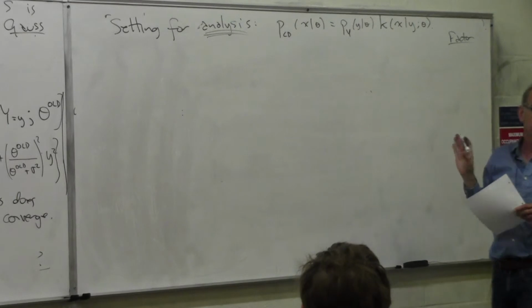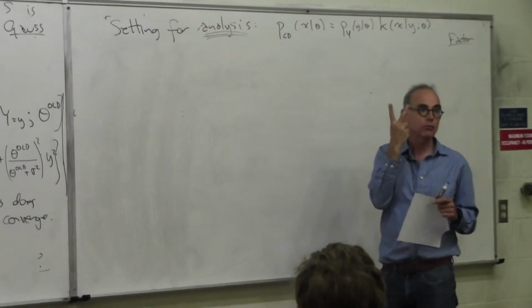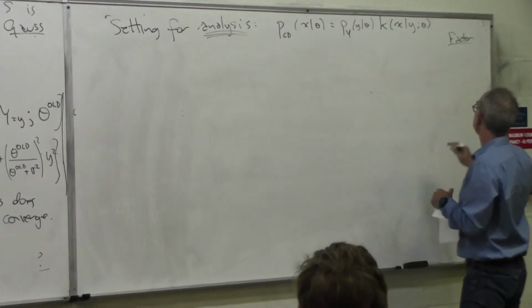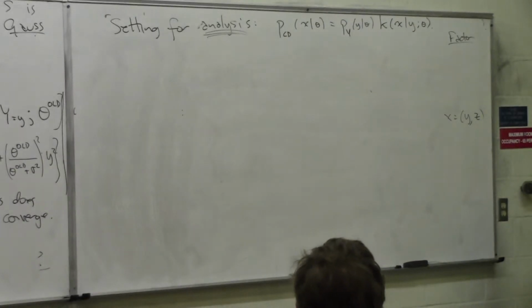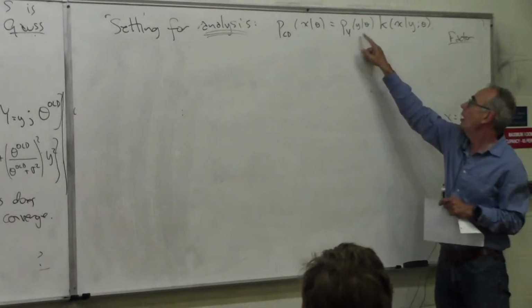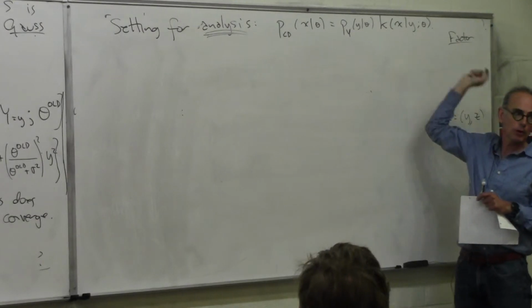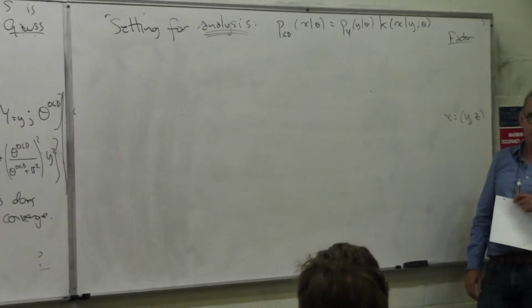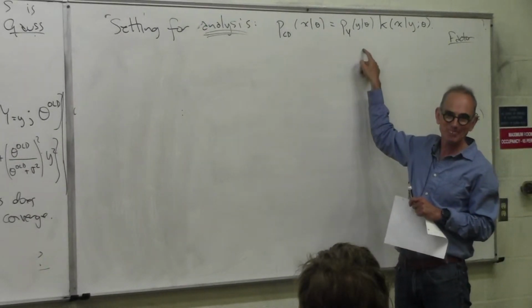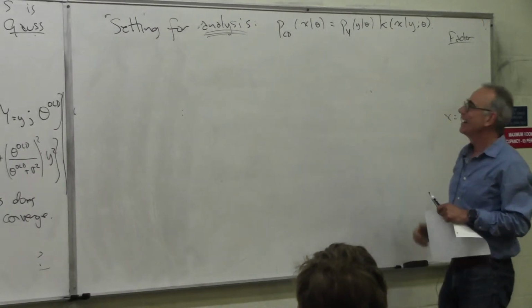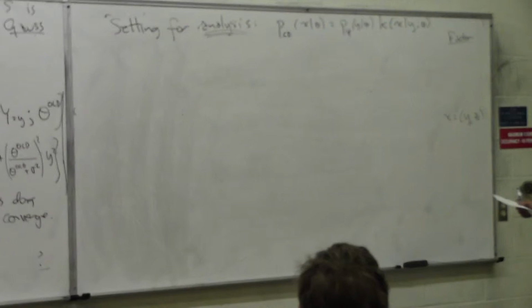All right, you don't have to do this factorization. It's for analysis. So you can always write a density or a probability mass function in two variables, in this case x was the pair y, z, I said, as the density for y times the conditional density of x given y. You could just always factor like that. This is Bayes' rule. In fact, this is just defined to be this divided by this. Okay, so that's the definition. And then you go through and you look at this Q theta business, and you play around with it.